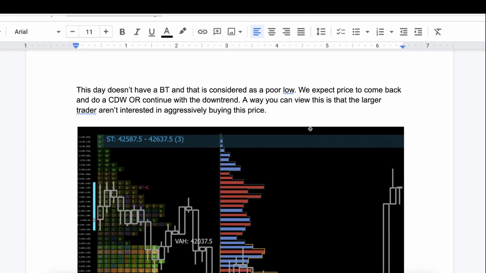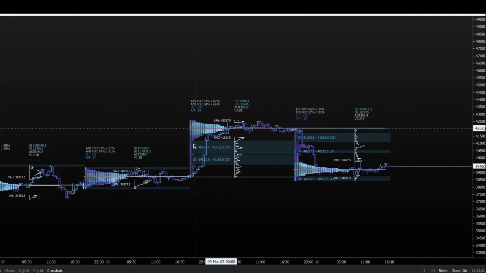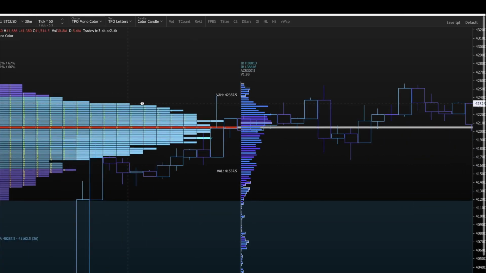And when you see a poor low or a poor high, you can think of it as there being unfinished business at that level. That should be a key level to you. We will expect price to come back to that level and do one of two things. Either one, a CDW, a chicken's drinking water, also known as a swing failure pattern, or a break of that range, okay? So basically, you can see that yesterday, we did not have a selling tail at the high of